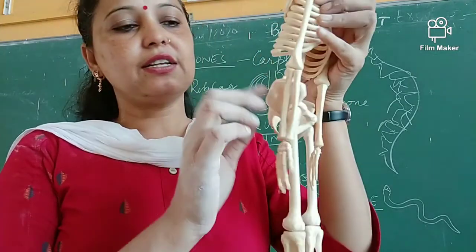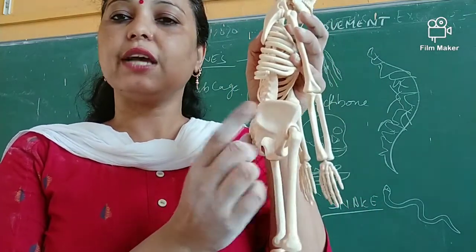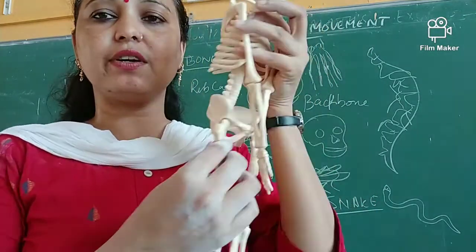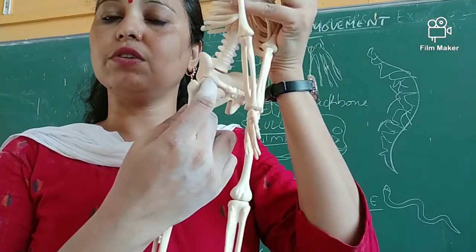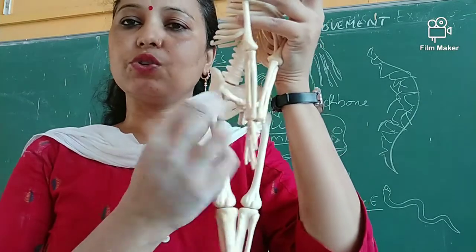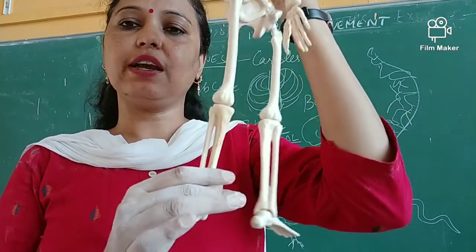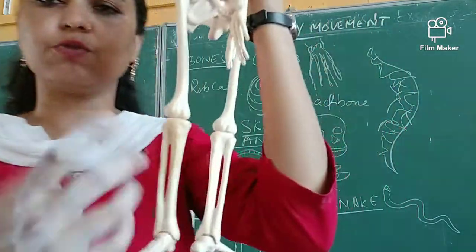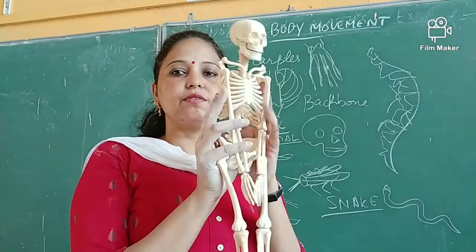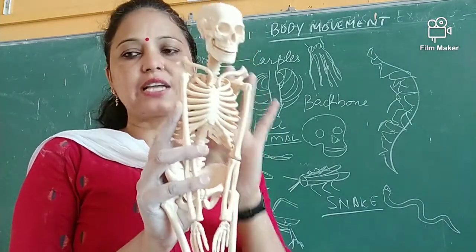Clear? After that, these are the pelvic bones, also known as the hip bone. You can see it is broader in structure, and here you will find the femur connected to it. This is a ball and socket joint, and after that there is the knee. After that there are more bones, and then the foot bones, known as the phalanges. All these are the bones, and their names are given, and together they form the skeleton.